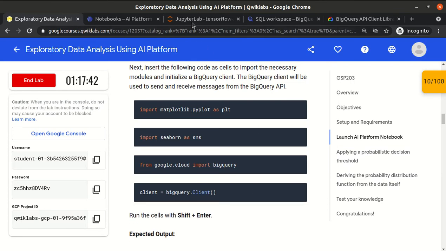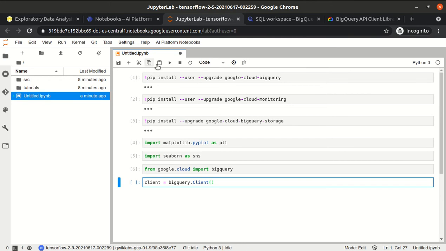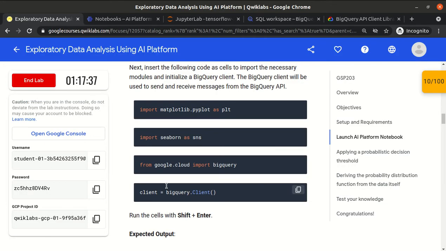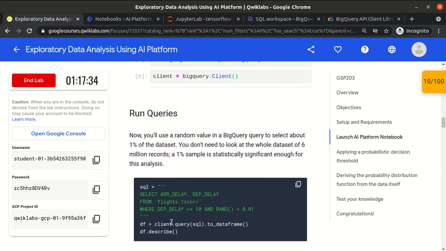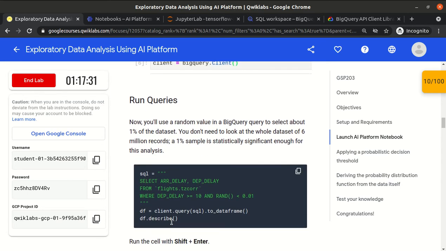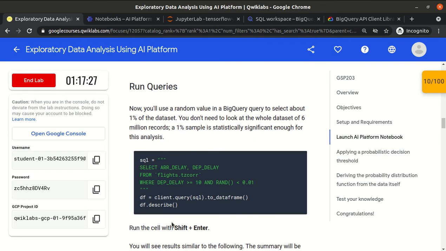Okay, so now we will create a client object. Yeah, done. Now we have to run the queries. Here we have to notice one thing. We are using some public data, this dataset is available, and within the dataset we have some table name, but we know in BigQuery we have many GBs of data. So if we run a query like select star from dataset name dot table name, it will try to fetch all 100 GBs of data. We don't need all the data as part of this lab.